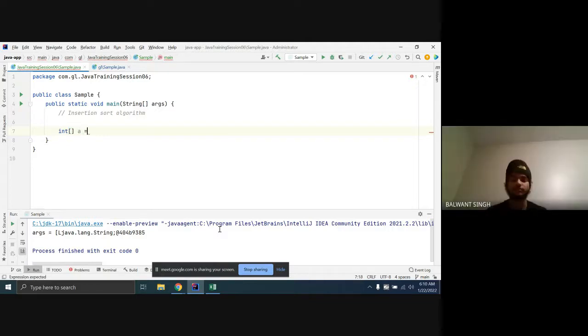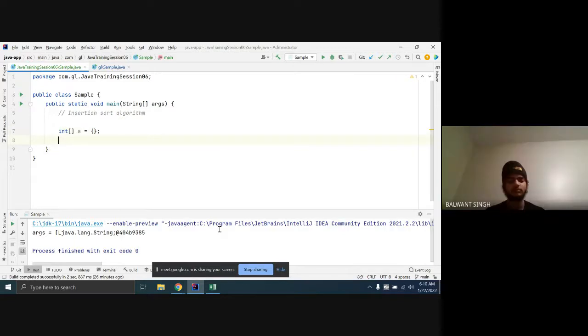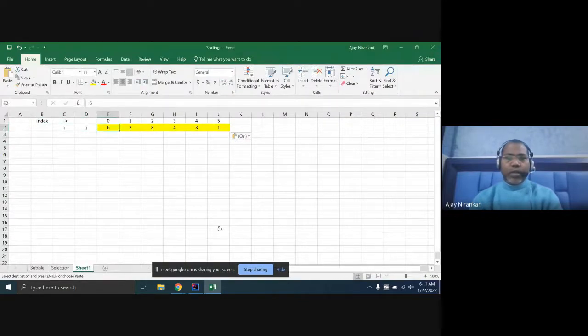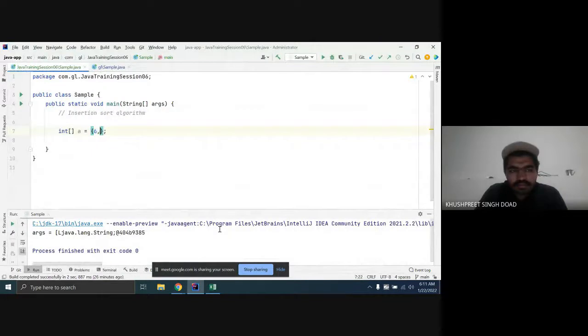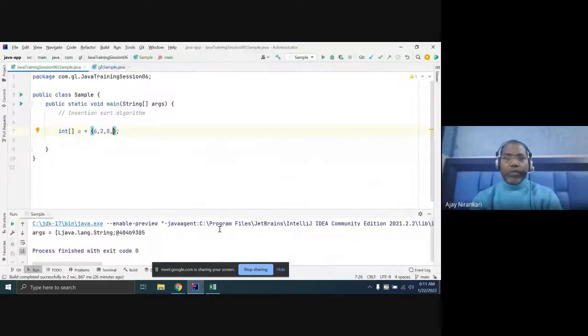Let us assign random numbers, like the same as yesterday's last example: 6, 2, 8, and 4, 3, 1.